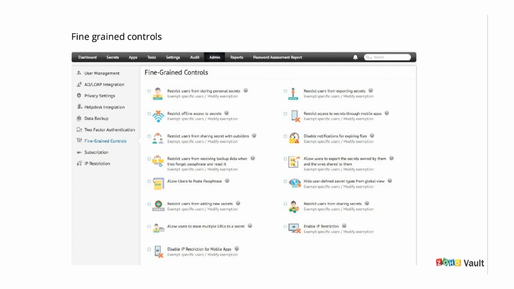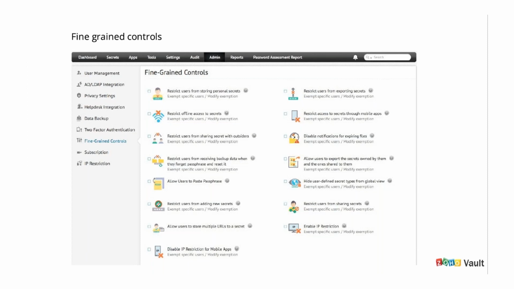So there is an option in Vault where you can share your passwords with outsiders like your third party vendors who might not really have access to your Vault account. So in that case, Vault also allows you to share a limited time access with outsiders. But if you feel this option is something too much for your organization and you would not want this option to be available, you can go ahead and restrict it from the fine grained control option, which you see in your admins tab, right?